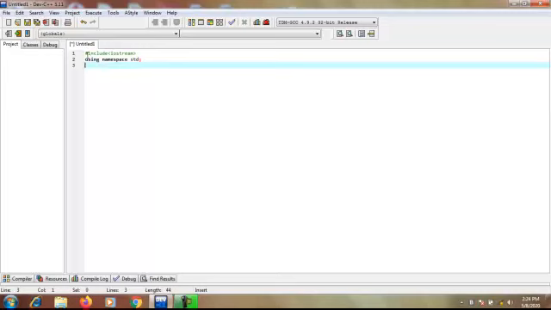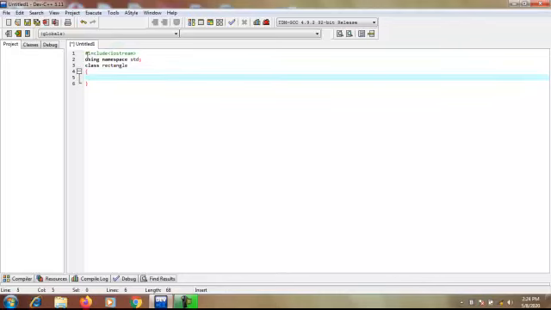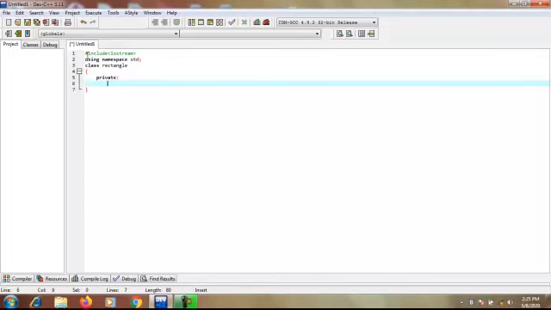Okay, class is declared by the keyword class. So first I write the keyword class, then the name of the class. Here I write the name of the class is rectangle. Okay, let's start the body of the class. So here first I declare the data member under the private access specifier. Okay, so first write the private keyword, then colon, then I declare the data member.